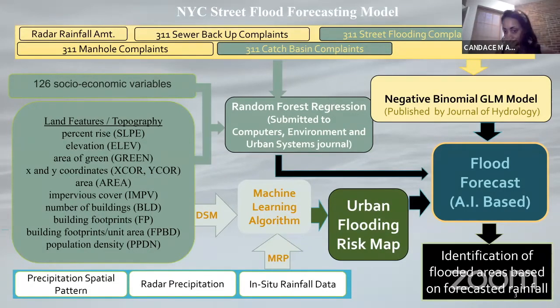So at the top, it represents the climatic and infrastructural analysis conducted by the LASSO zero inflated negative binomial generalized linear regression model based on 311 data. And then to the left, this is the spatial variability, which was analyzed by a random forest regression model, where topographic and land feature conditions, socioeconomic variables serve as inputs. So these variables also serve as inputs for the feature steps of the digital surface model and also the merged rainfall precipitation product. So basically, my research is using data analytics and machine learning to identify localized areas of street flooding.